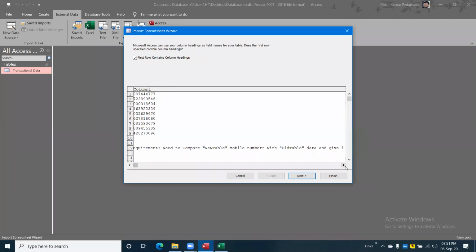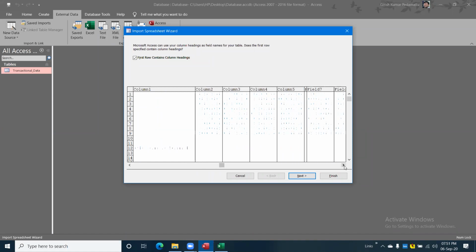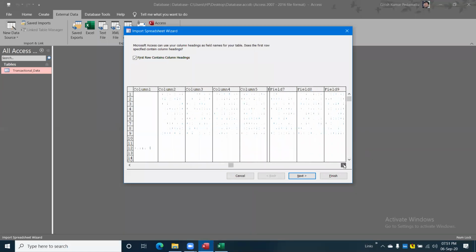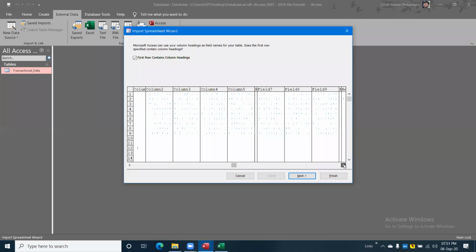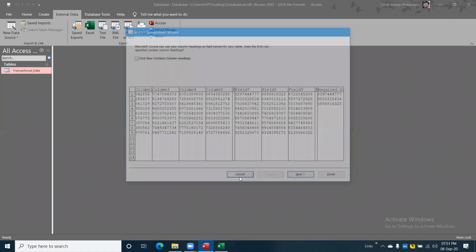If I move to the right side, it is showing column 2, column 3, column 4, column 5. After that, it is showing field 7, field 8. I should not import the data like this into my Access, right? I can't do anything with it. That is the reason I'm canceling this option. I don't want to do it like this.